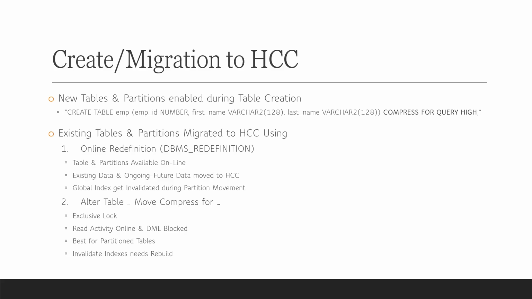We have the built-in DBMS_COMPRESSION package that comes with a variety of options. One important option is the get compression ratio utility. That will be useful when you want to make a decision to migrate your existing data into HCC. For the different compression types, it will give you the amount of storage that can be saved. So based on the compression ratio and the storage that is getting saved, you can choose the compression type. So you can use DBMS_COMPRESSION.GET_COMPRESSION_RATIO to get the amount of storage as well as the benefit after you migrate to HCC.